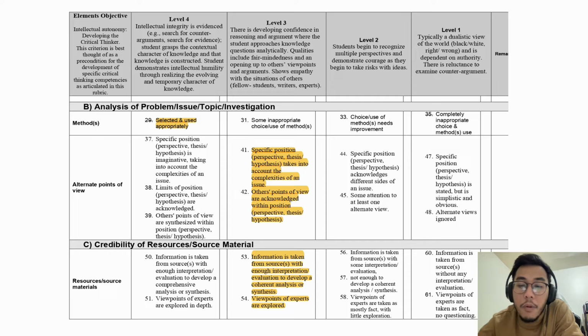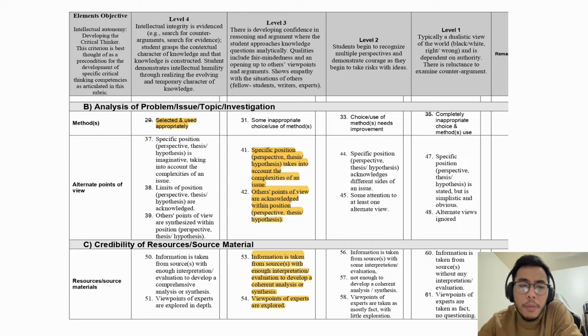For alternate points of view, I rate myself level 3 for this component, and the reason is that I feel the need to have more research done, more articles and more resources analyzed, and broader points of view. I did mention a few other points of view in my paper. However, mostly it is aligned with Ron Beck and Isaacson's point of view. I think it would be more beneficial for understanding the issues better to have more diverse research articles, or videos, or news. That is something I would try to improve on for the second critical review.